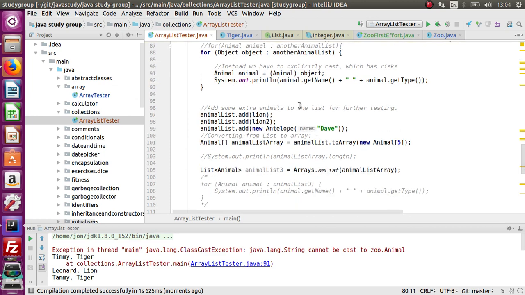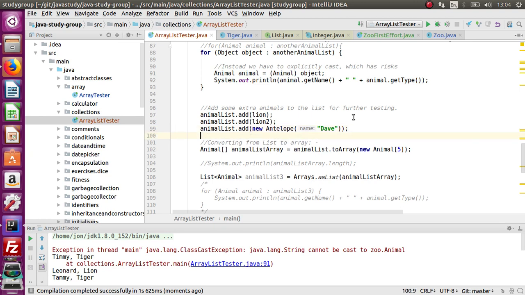So yeah, adding a few more animals just for testing. So we've got an antelope in there called Dave, and adding the lines in there. So this is another thing you can do with ArrayList. You can convert them to an array. So if you remember, that's the syntax for an array there, with just the square brackets. And we're saying animal list, which is a list of animals, to array. So to array is a method on the list